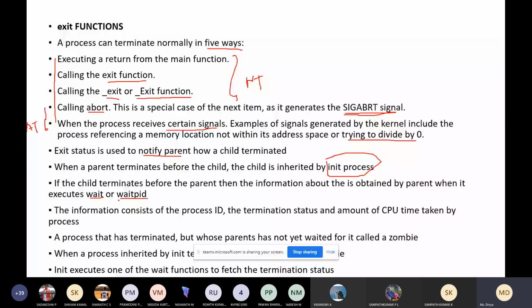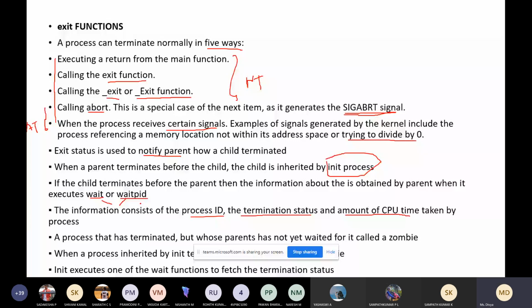We can get the process ID of the child, the terminating status, how it is terminated, whether it is a normal termination, and what amount of resources it has used, for example how much CPU time. All this information will be returned to the parent using the wait and waitpid functions.